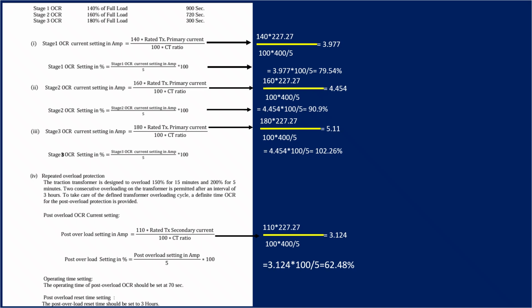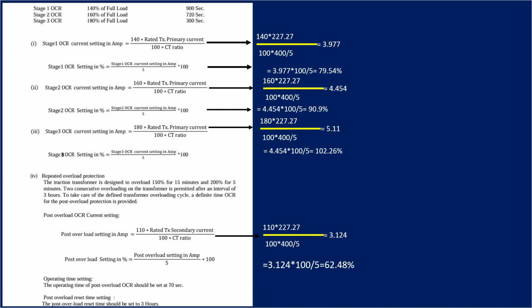Good evening, friends. In the previous video, I showed how to find out the fault current, the fault level, which was 10,000 MVA. We found the source impedance, the transformer impedance, everything in the previous video. I will not repeat it here. Now I will show you how to set the